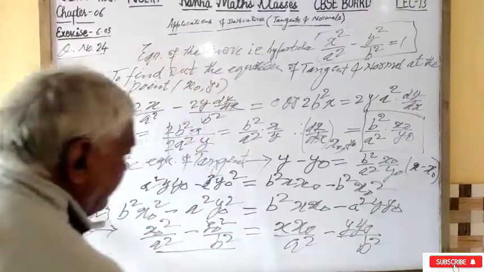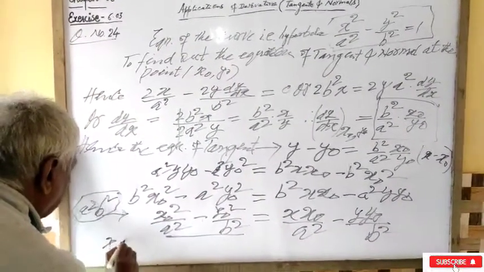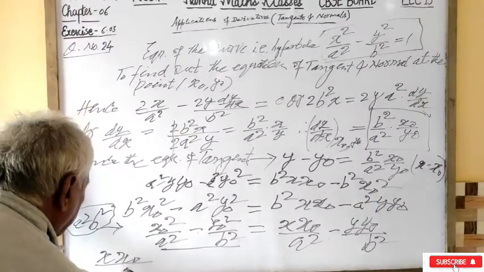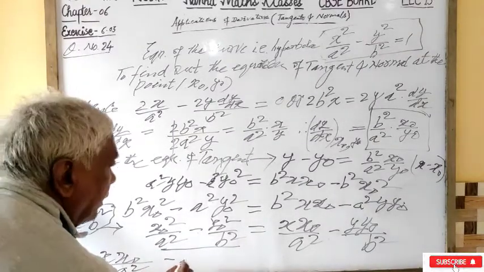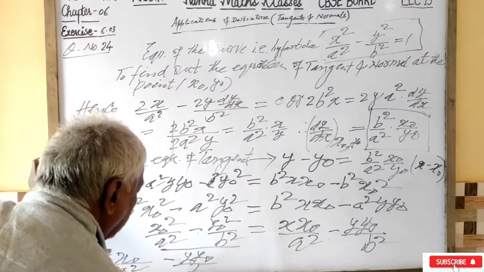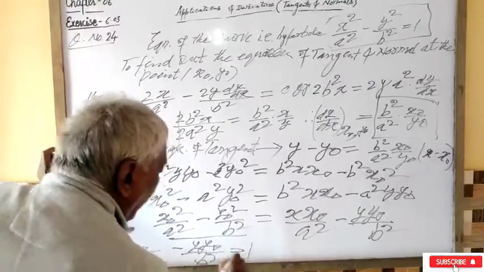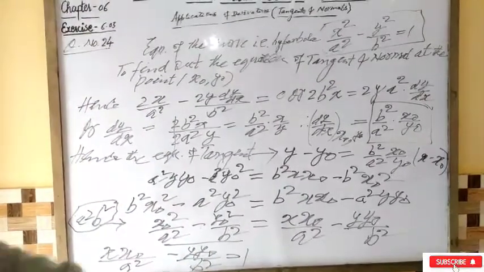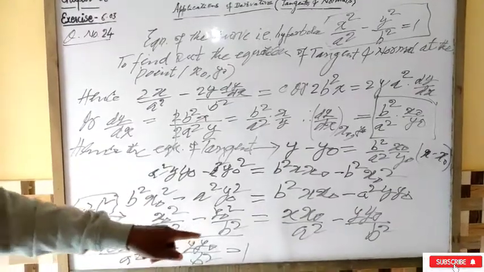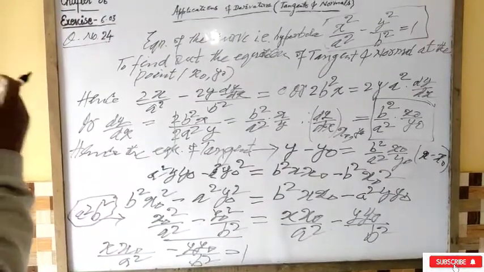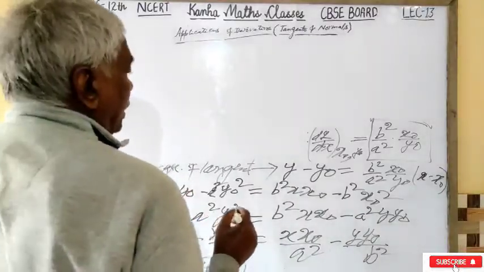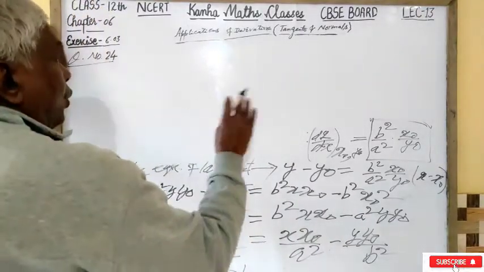Hence, the equation of tangent is x0 x upon a square minus y0 y upon b square is equal to 1. This is the requisite equation of tangent, and due to lack of space, we will rub some upper part of the question. Now, the slope of the normal,